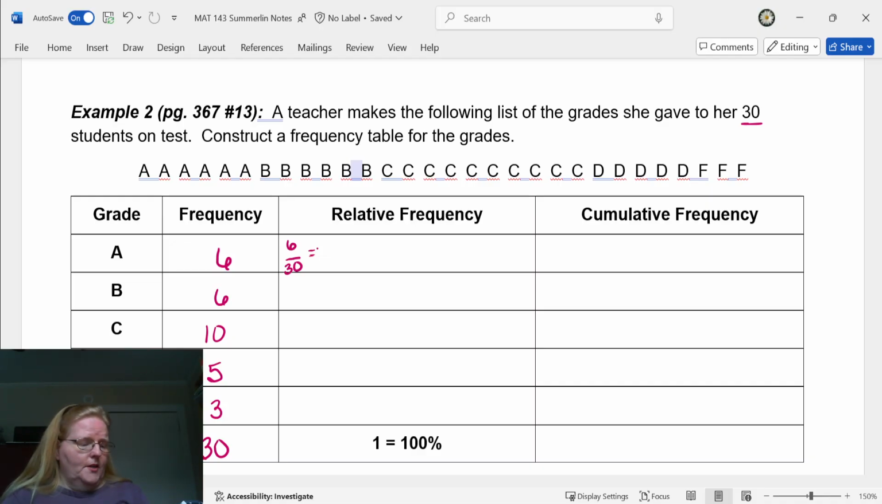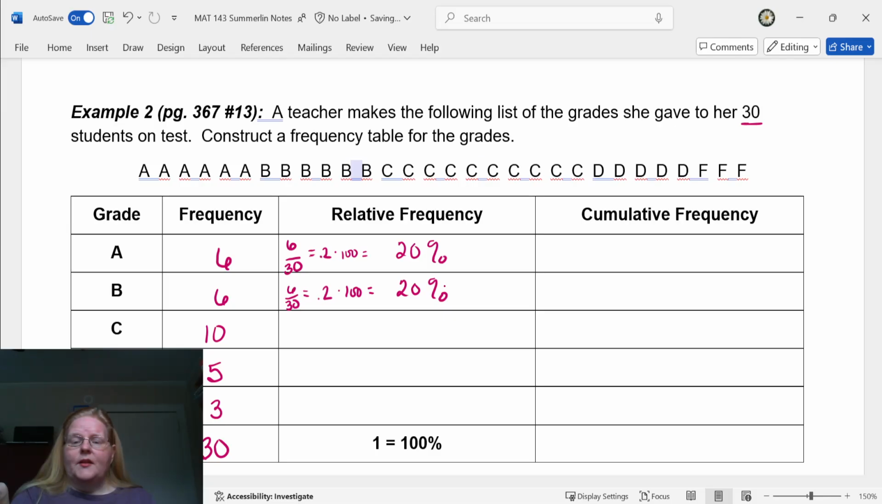So 6 divided by 30, enter. Gives me 0.2 times the 100 because relative frequency is a percent. And you get 20%. Done. Next, it's another 6, so that's going to be another 6 over 30, which gives me the same 0.2 times 100, the same 20%. The next one is 10 over 30,